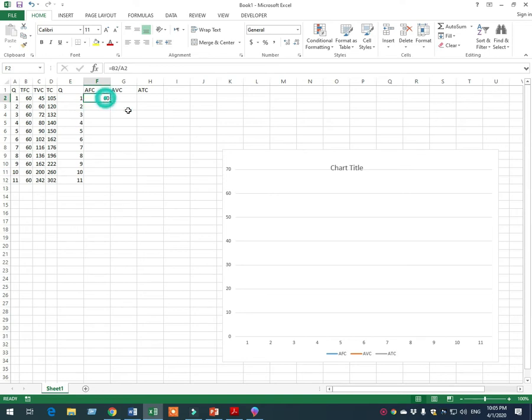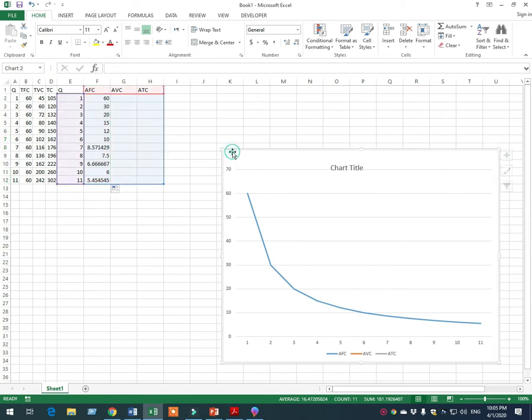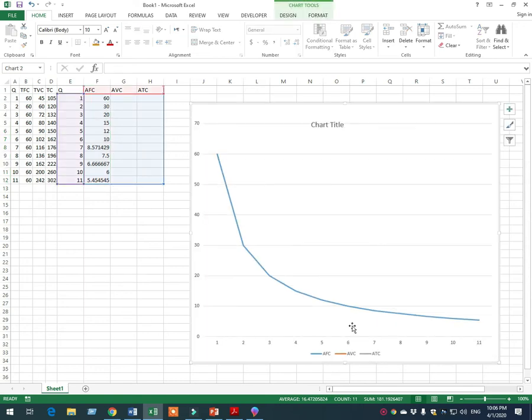and that is 60. It is the average fixed cost for producing 1 unit of output, and just dragging it down to 11, I'll get all these curves in this graph. So you can see that the average fixed cost is